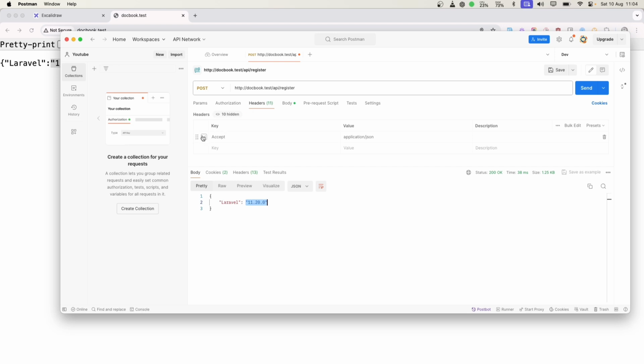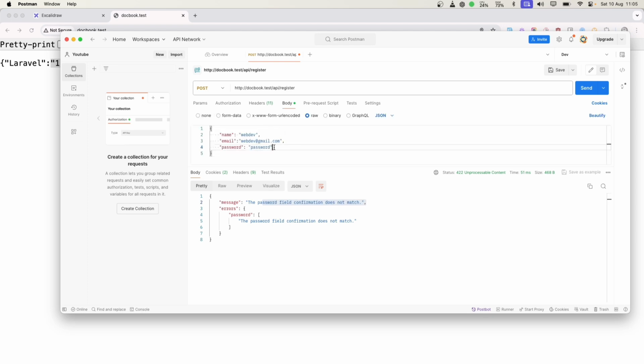So first thing, make sure the header is Accept application/json, and now if you send it, it will tell us the password field doesn't match the password confirmation. So we need to have another field, password_confirmation,